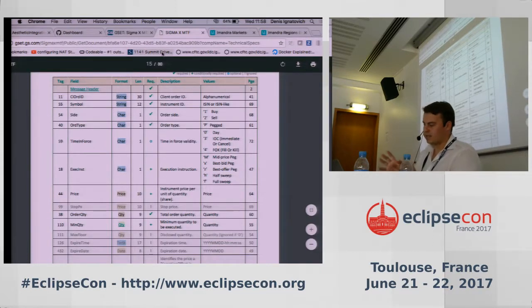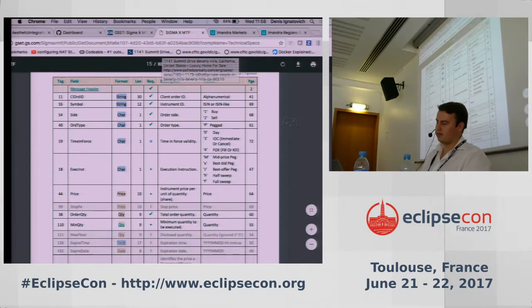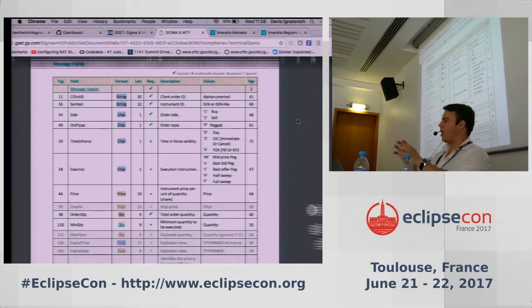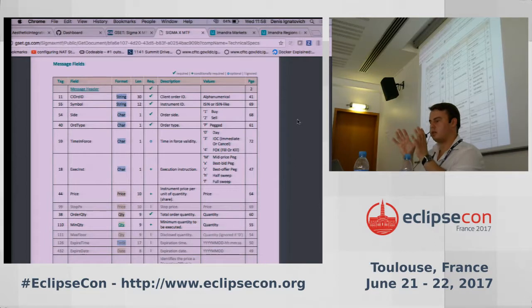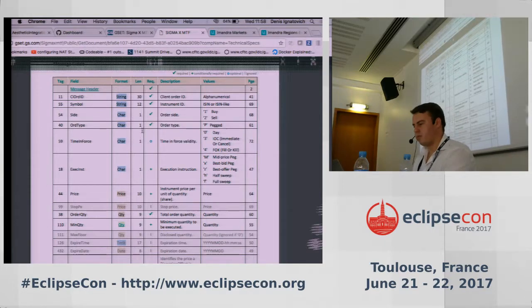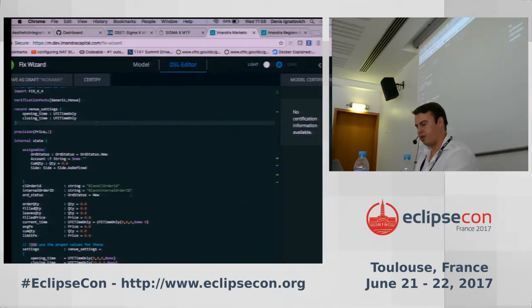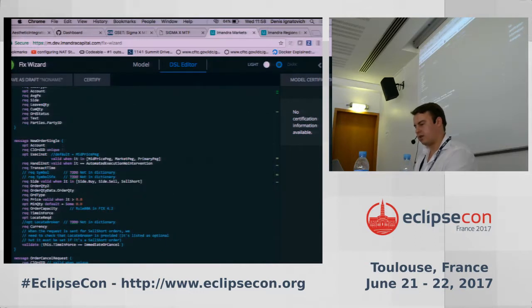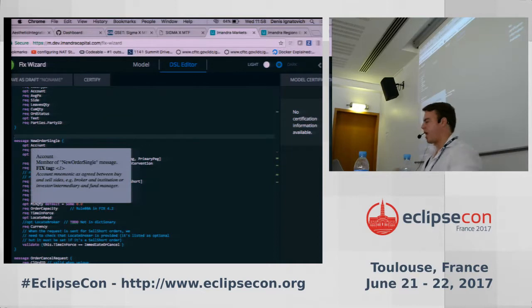What we've done in Xtext is we have taken what are called data dictionary, i.e. the underlying protocol mandated message definitions along with all of these types. So going back to Xtext, you can see here that what you're saying effectively with this is that we're importing this new order single message. And because we've generated all of these things under the hood, we can actually tell the user,